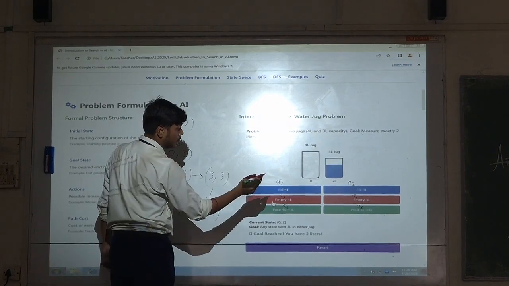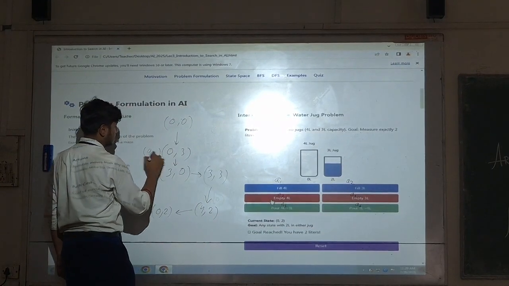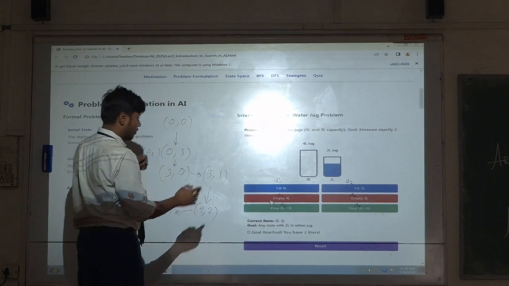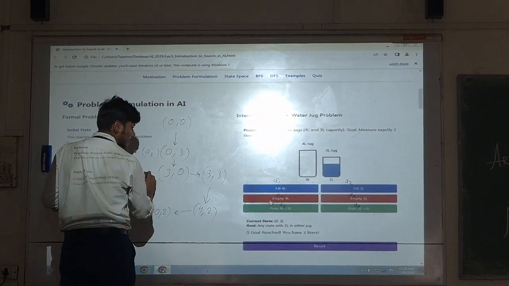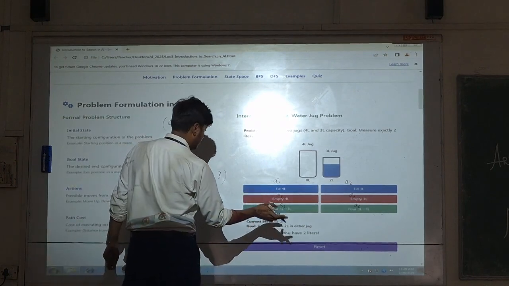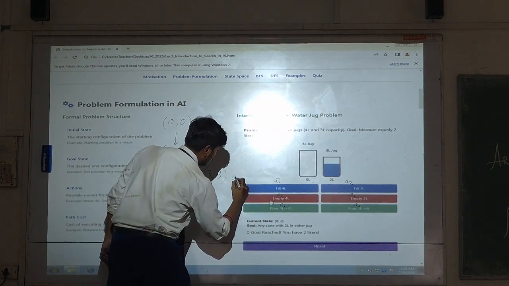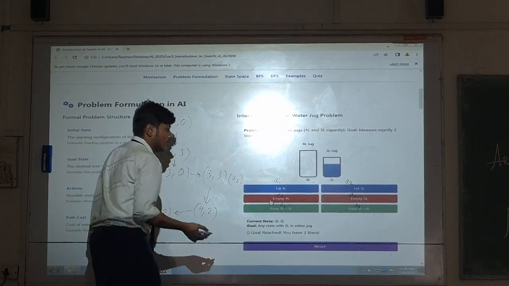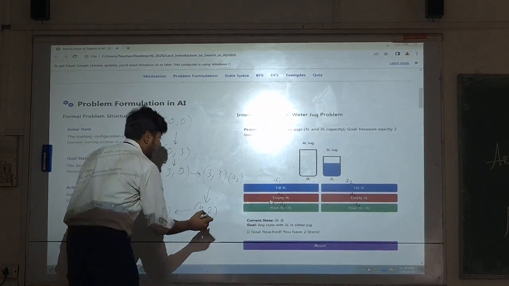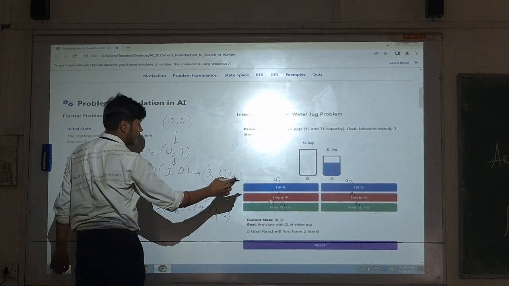Initial state, we will fill 3 liters. So A2. We will move on to pouring 3 liters to 4 liters. Same things. And then we will fill the 3 liters again, so we will go to A2. We will go 3 liters to 4 liters again. So same things. And then we will add to the 4 liters that is